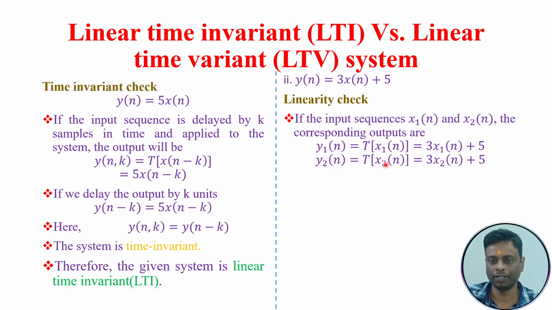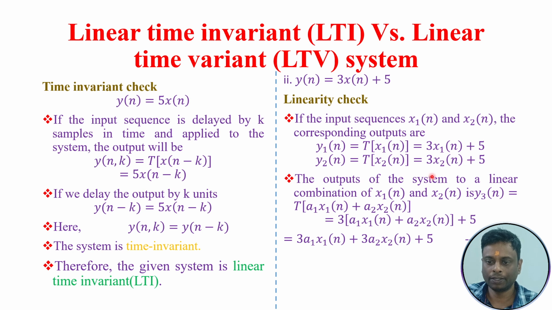Similarly, y2 of n will be the transformation of x2 of n. So we are replacing x with x2 of n, and that will be 3 x2 of n plus 5. Similarly, we have the outputs to the linear combinations of x1 of n and x2 of n,